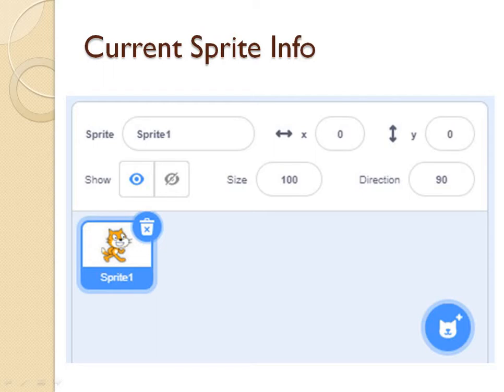So the current sprite info, this is the section where we will get all the information related to sprite, means the character. Okay, so lots of options are here like sprite, sprite 1. Sprite is the name of the sprite, and x, y is the exact position of the sprite on the screen. Show, height buttons, size of the sprite, direction of the sprite. Okay,